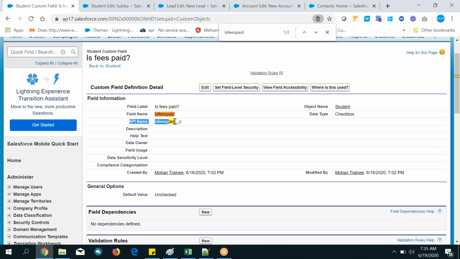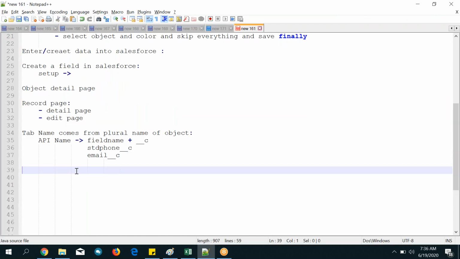So what is the use of API name? API name is used in coding. For now, you can remember API name is used in coding. Remember it like that, leave it. That is enough for now, for the time being. Now, label name is used to display on the record. So let's write it here.